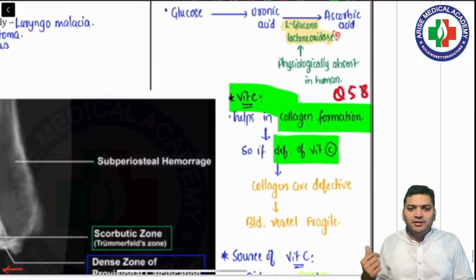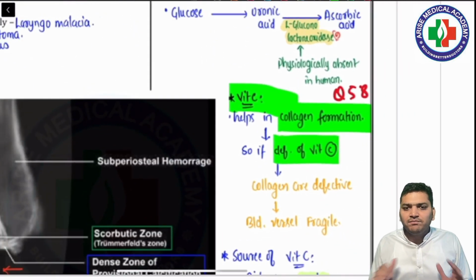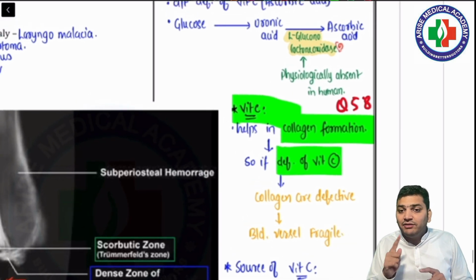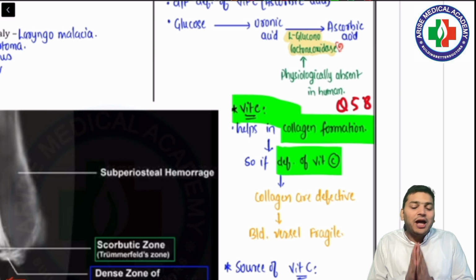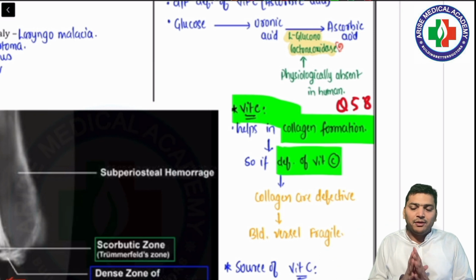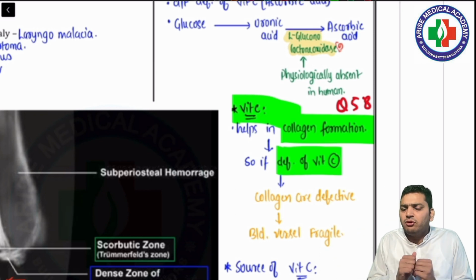Then this was a standard question. Collagen formation requires which of the following? We know that ascorbic acid is required, that is vitamin C, and along with that, during the biochemistry class, we have also mentioned that copper is also required. If you remember the lysyl oxidase, right? So the answer was, collagen formation requires ascorbic acid, that is vitamin C, along with the copper. But still, if you just know ascorbic acid, you could have got the answer correct.